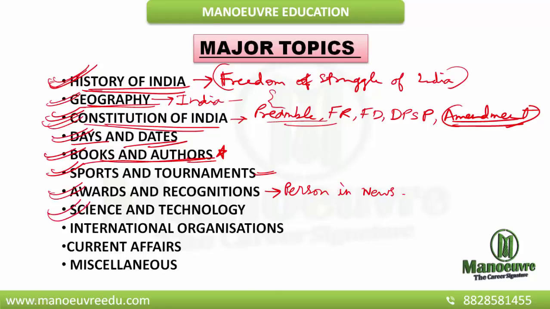Science and technology, they ask you very basic things in science and technology, but again you need to be well versed with your basic science and technology. Next comes the international organizations. By international organizations, I mean the United Nations, World Bank, IMF, etc. So you need to be aware of the basics of these international organizations. And of course, the current affairs of the last 1 year minimum and miscellaneous topics that keep coming. So these are the topics that you need to have a very good focus and good idea about.